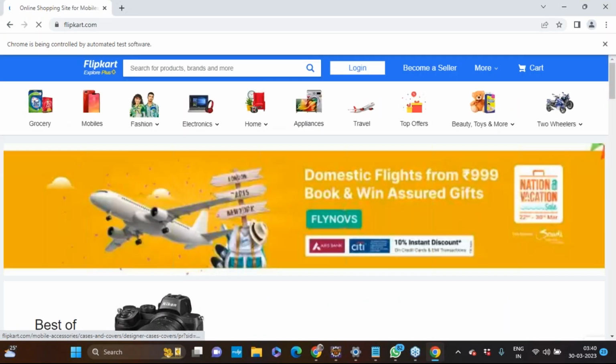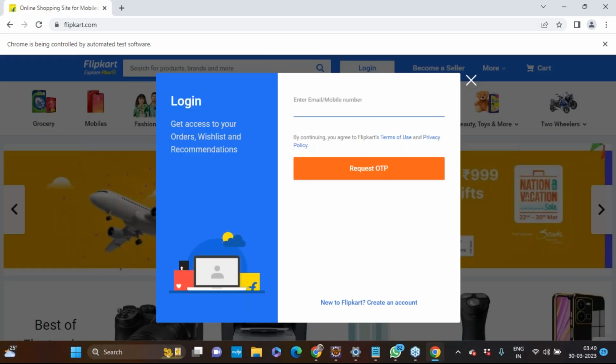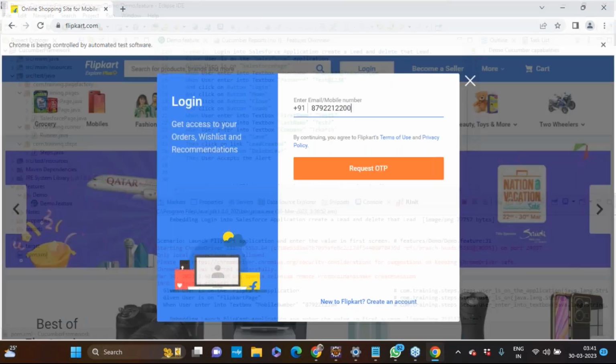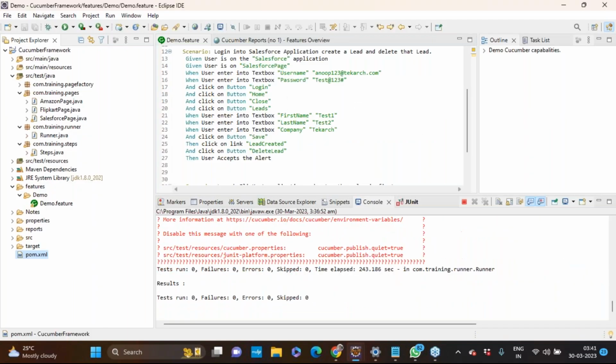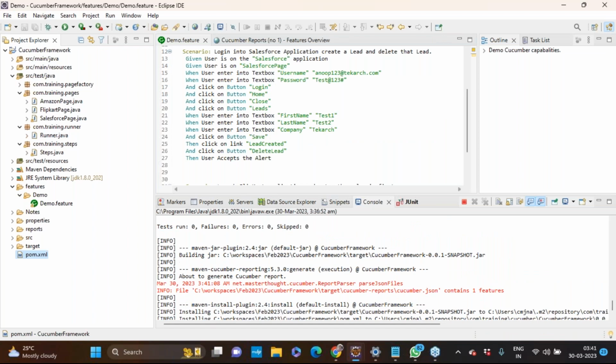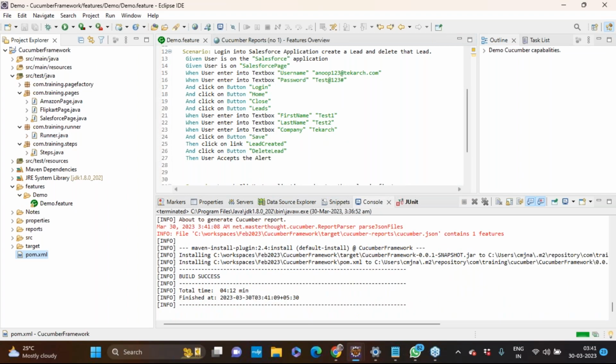It started a new browser with the Flipkart application. There is a pop-up that comes in to log in with some mobile number. I've given a random mobile number, and once that is entered, we are done with the execution of all the three test cases. So we have done the post-report generation, and if you go and look at the report,